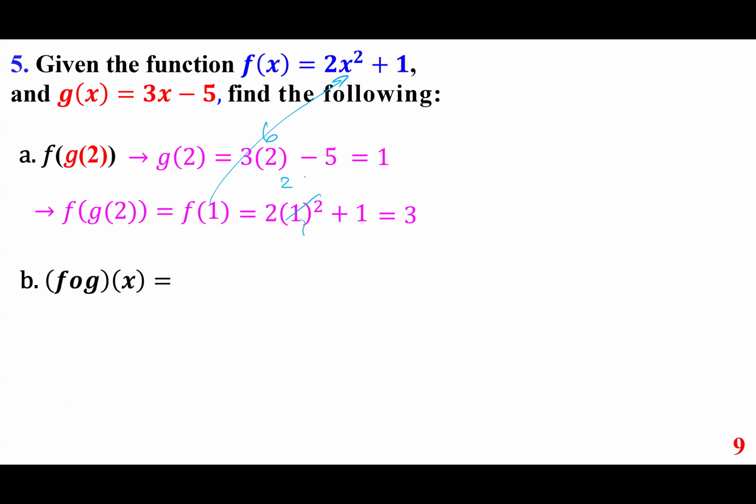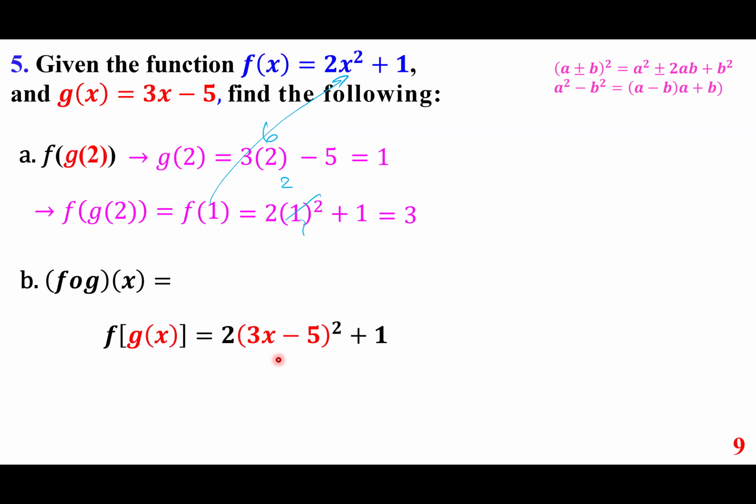F of g of x, in short, means into this function goes the g. So 2 times, replace the x with 3x minus 5 and square that, plus 1. So reminding you, a plus minus b squared is a squared plus minus 2ab plus b squared. A squared minus b squared is a minus b times a plus b. These are some of the identities we should be very comfortable with. So having said that,